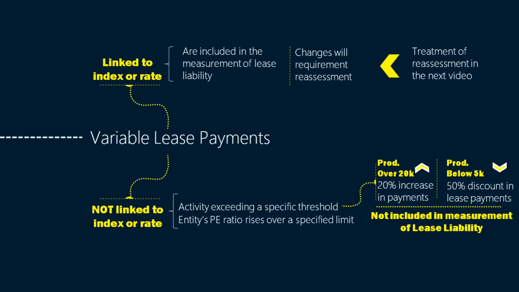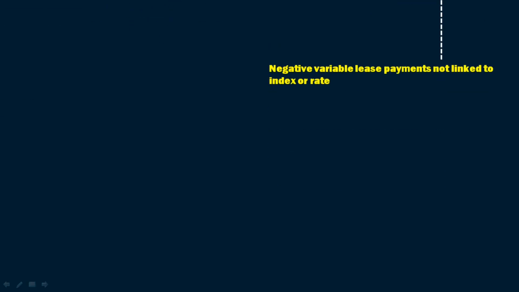These payments are instead recognized in profit or loss independently in the period in which they fall due. So, for example, if your lease contract stipulates that in case of a global pandemic, as declared by WHO, lease payments would be forgiven or be reduced, on occurrence of the said event, this will also be a variable lease payment as we just discussed, rather than a lease modification or a reassessment.